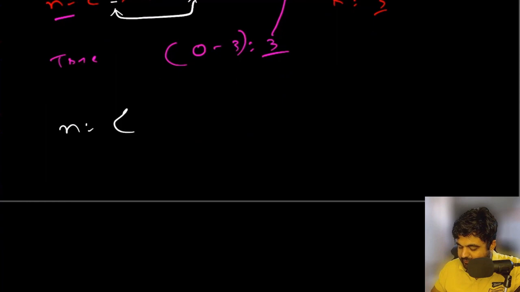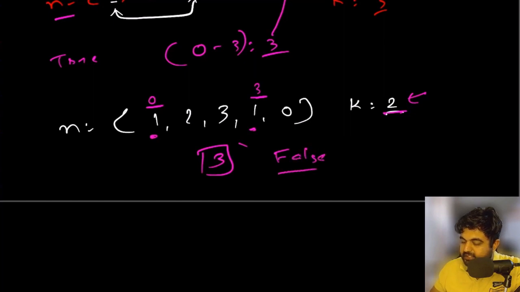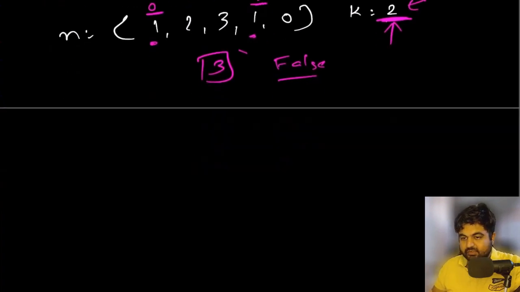Suppose our given n is equal to 1, 2, 3, 1, 0, something like this, and our given k value is equal to 2. If this is the case, again same scenario, we have the values located at index position 0 and index position 3 that contain the same value, but the current k value is equal to 2. And if we do the difference between these 2 values, the current difference between indices is 3. Meanwhile our given k is equal to 2, which means in this case we need to return false, because there does not exist any 2 duplicated values that are 2 steps away from each other or between 2 elements of each other. So this is the whole ask.